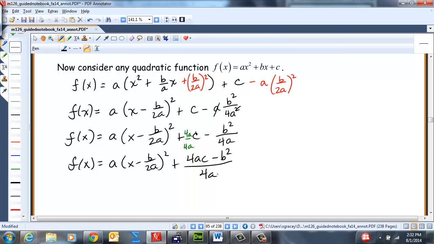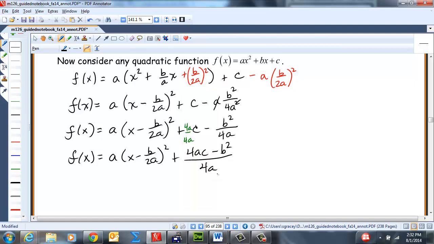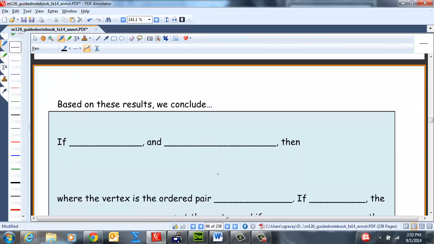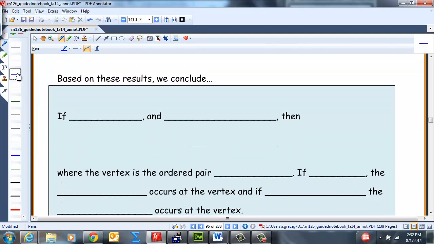Okay, so far? I know it's a little conceptual, but that's okay. You're going to be okay, I promise. So, looking at what we've got here, if we let h equal b over 2a and k equal that last bit, so I have it here, so if h is equal to negative b over 2a,